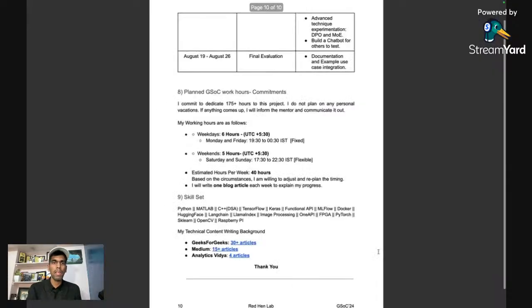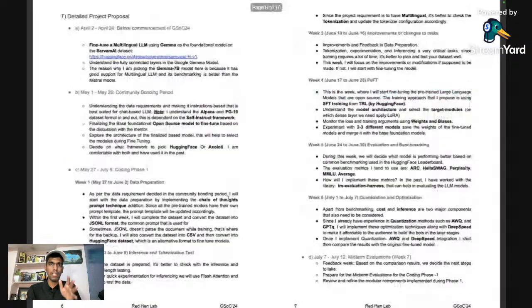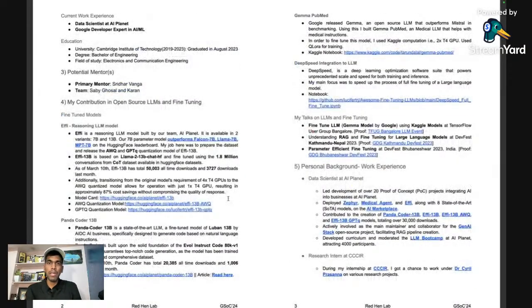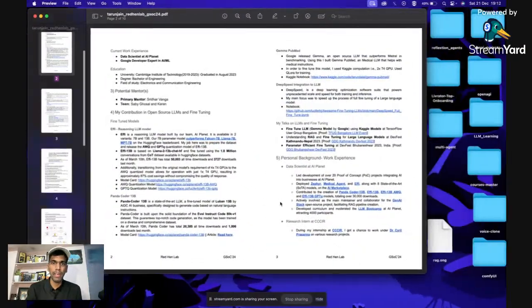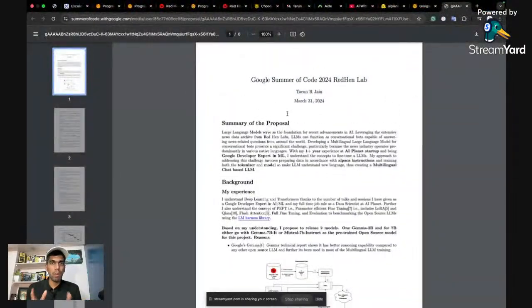Once this is done, you can also state your commitments, for example if you are taking any leave, or if you have any exams occurring during Google Summer of Code. Every single thing you can add in the commitments at the end of the proposal. So this was my initial proposal that I submitted. And then after community bonding, this is what I created. They wanted the proposal to be very short, and they shared a template.